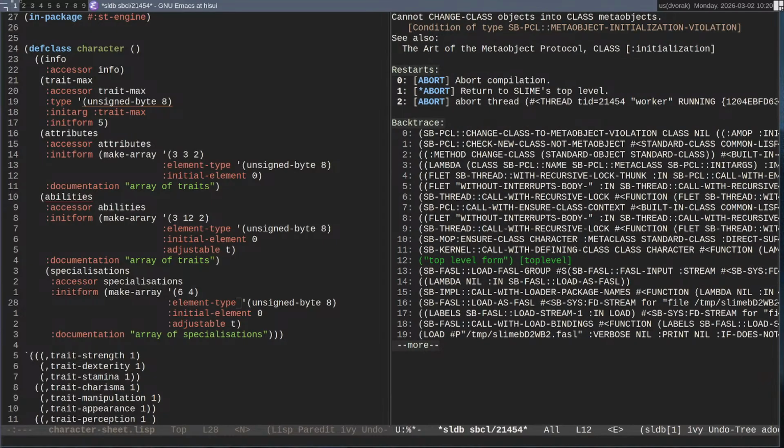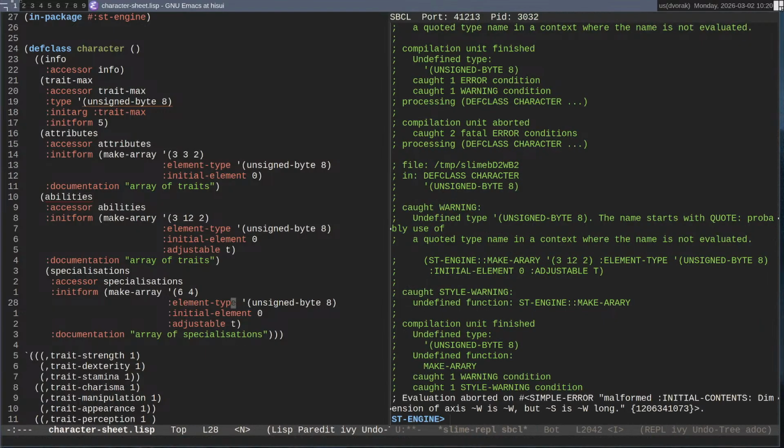Unlock the package. Cannot change class objects into class meta objects. Is character a built-in maybe?